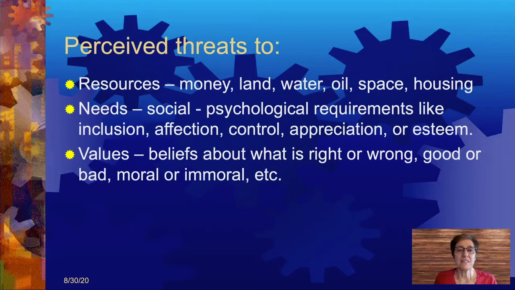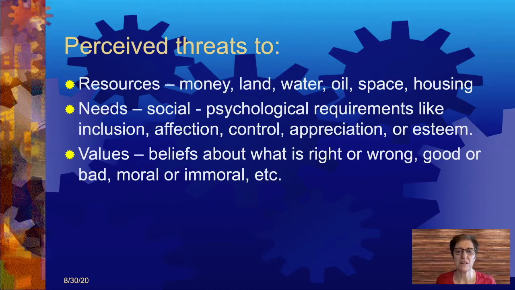The next set of things that people might be threatened around are their needs, and these needs are social and psychological requirements like inclusion or affection or control or appreciation or esteem or belonging, wanting to be respected. There's lots of different social psychological needs, and the ones that I mentioned are some of the ones that are